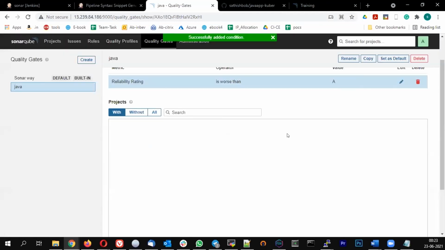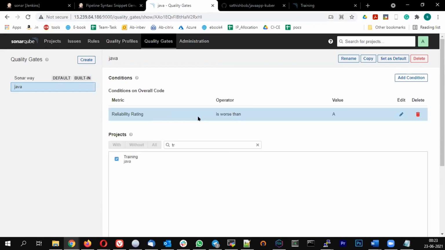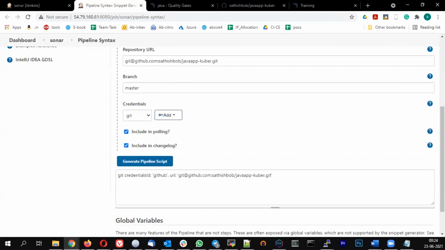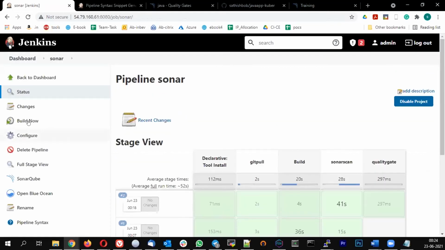And by default, when you create a quality gate, it will not be allocated to any project. Let me allocate this to our project. So in the bottom, I have projects. So let me just type in training. I can see that. I can just check it out. So the condition is on overall code, I want the reliability rating should be A and it is allocated to the training project. Once I've done that, if I run the same project again,